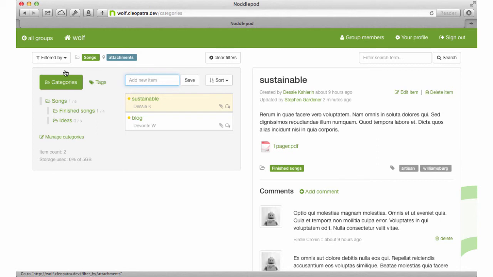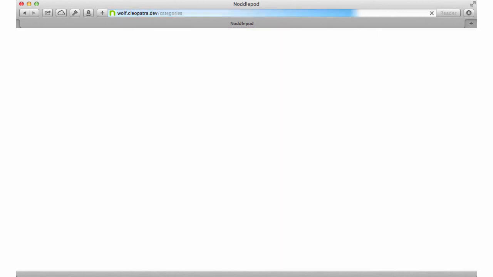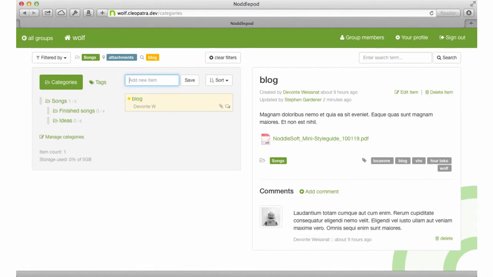You can also add search terms to the filter to really focus in on what you're looking for. Just type in the word you want to search for, and that too will be added to the filter. As you can see, Noddlepod's view filter is pretty powerful, allowing you to focus in on just what's relevant and important to you. That about wraps up our